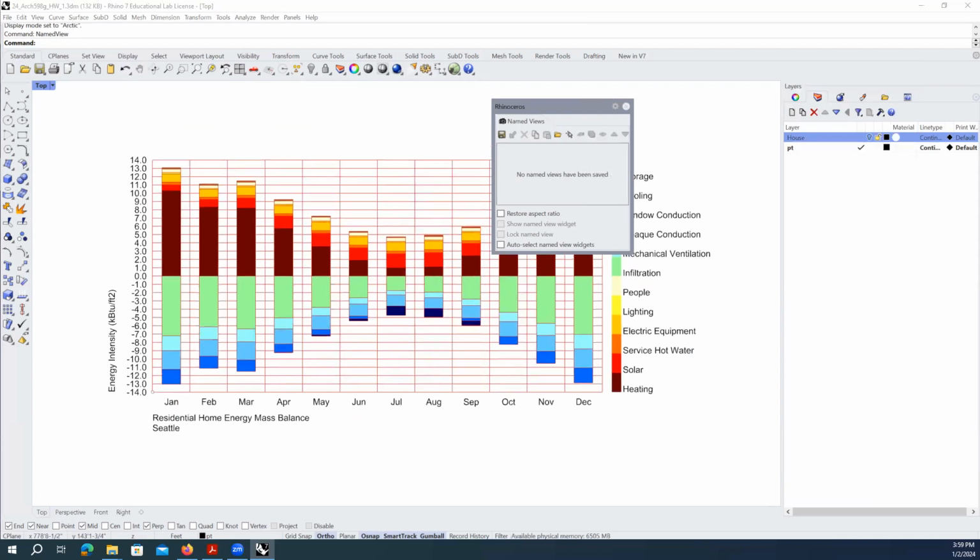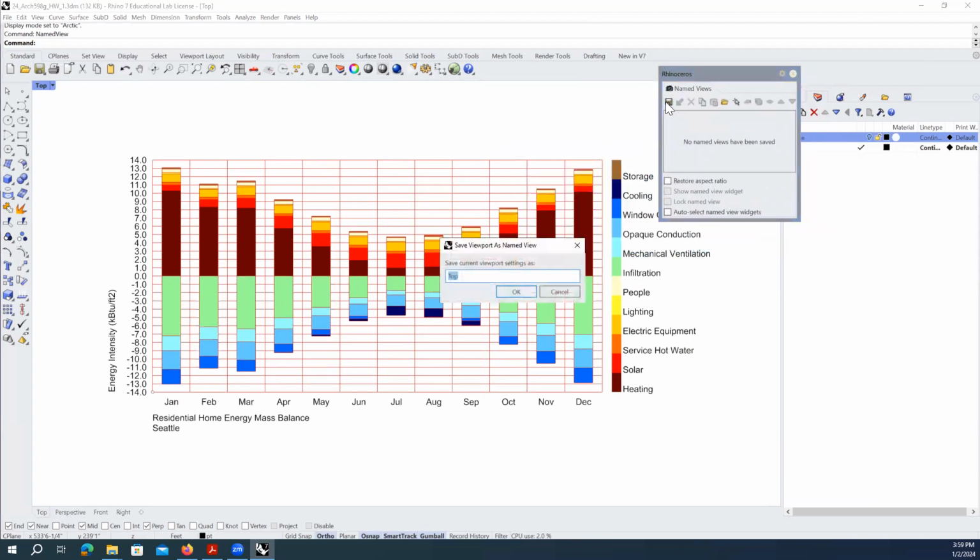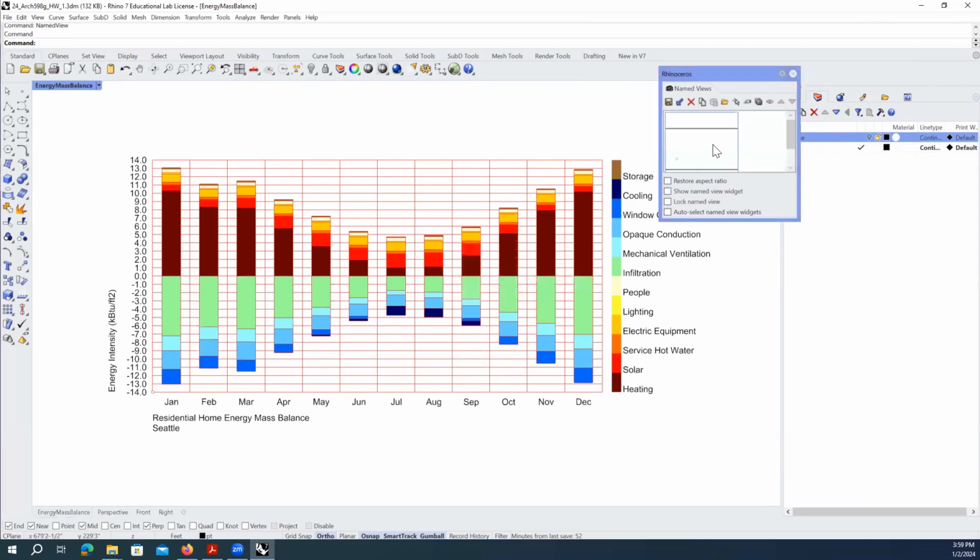I just moved the Grasshopper canvas out of the way, and I'm going to say save. I'm going to call this energy mass balance. Okay, so I created a view called energy mass balance, no spaces. This is important because